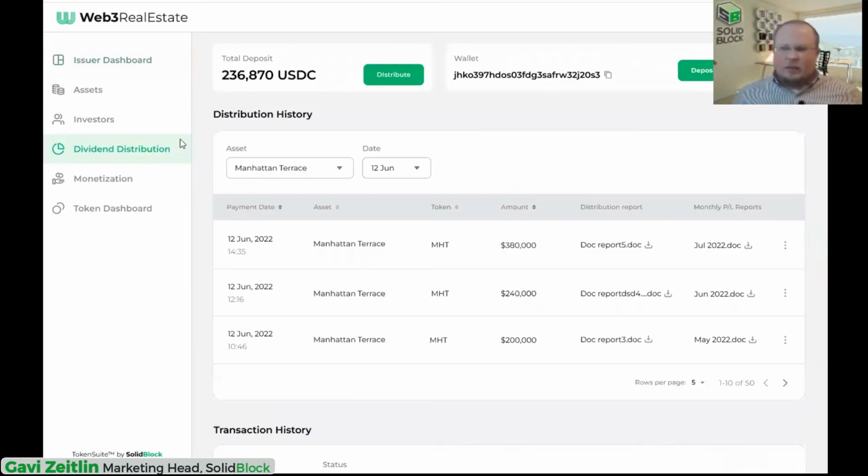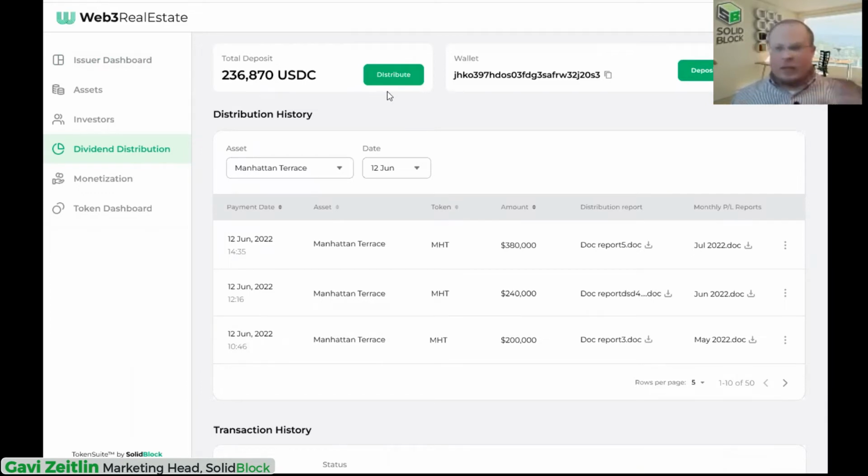And what we have built into TokenSuite here, you still have to calculate the P&L for that quarter right now. But then you take that profit, that lump sum, and you upload it here in one shot to TokenSuite, and then because the cap table is being fully tracked and managed on blockchain, let's say somebody owned the tokens for the first half of the quarter, sold it to person B, and then you're going to send the distributions to them.